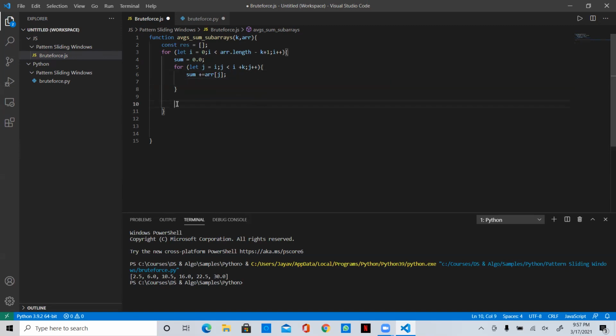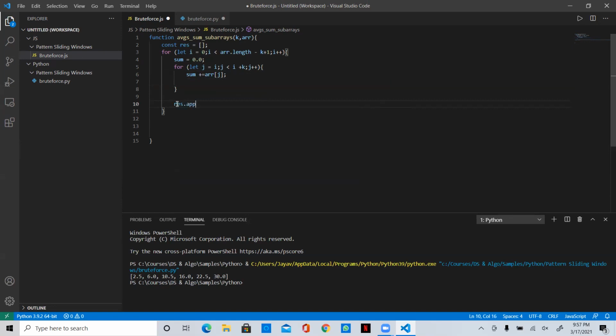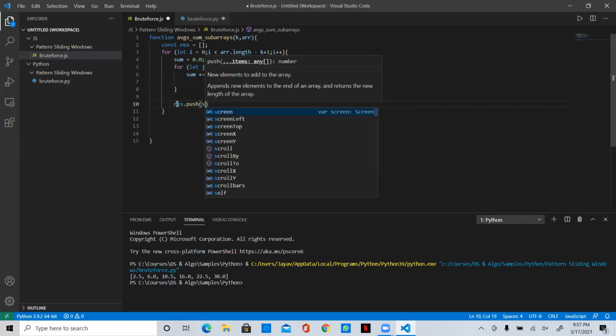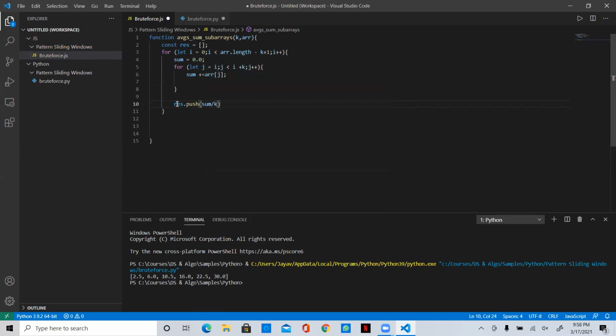And here res dot push sum of divided by k.